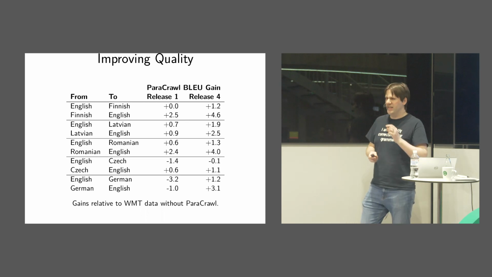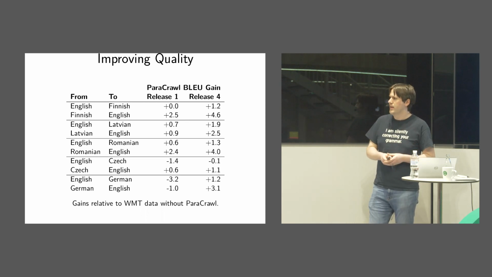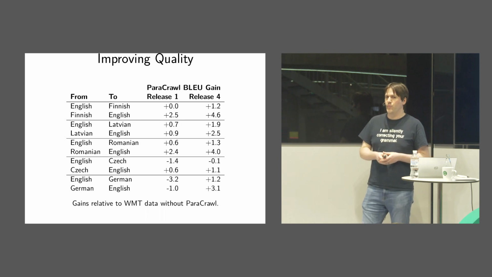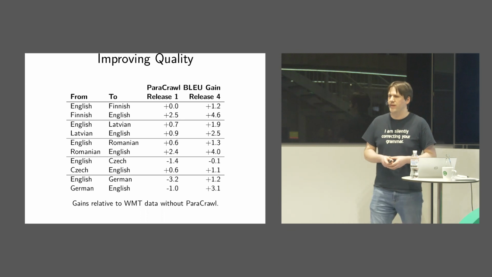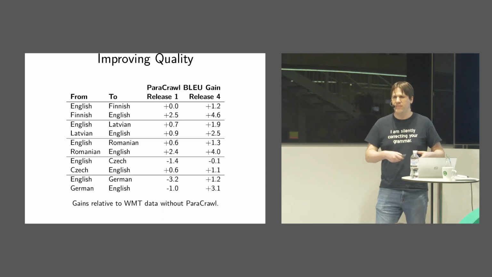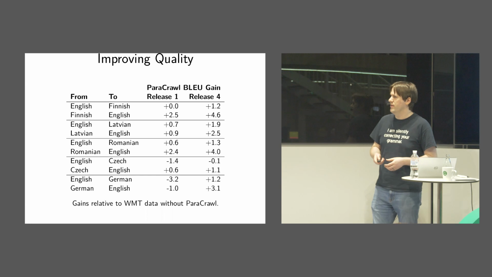The one weird one is English to Czech, and the reason for that is largely the Czechs have put a lot of work into getting books and corpora from their books at Charles University in Prague. So they already have a strangely large amount of data for Czech, more than you would expect from just the usage and population.